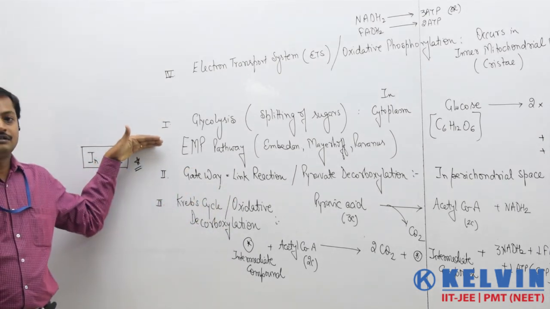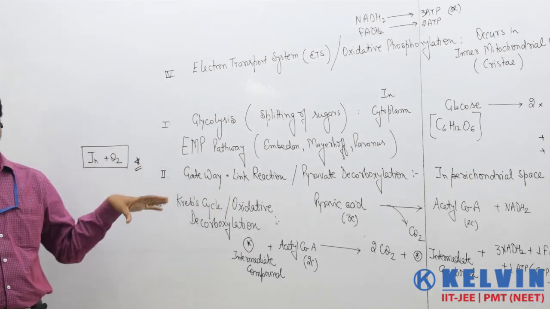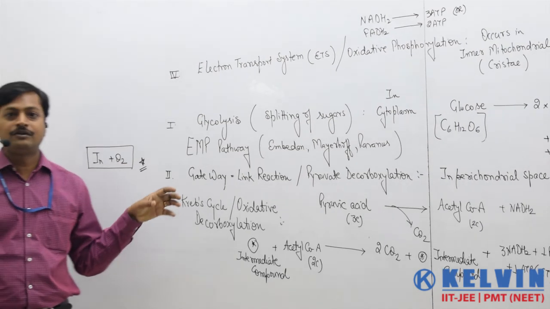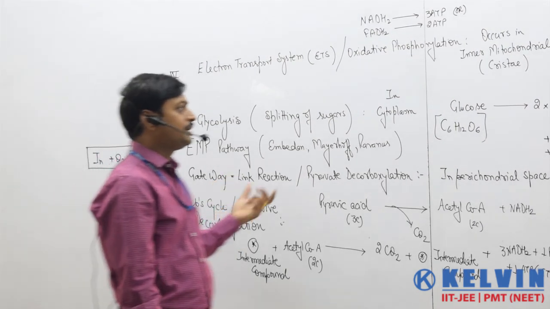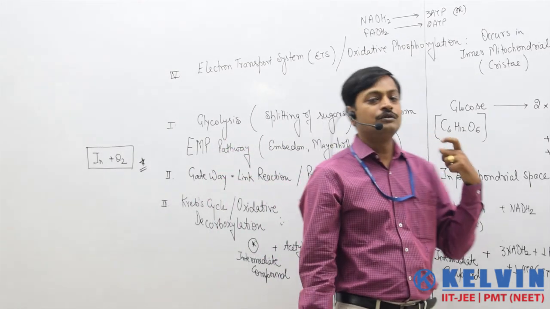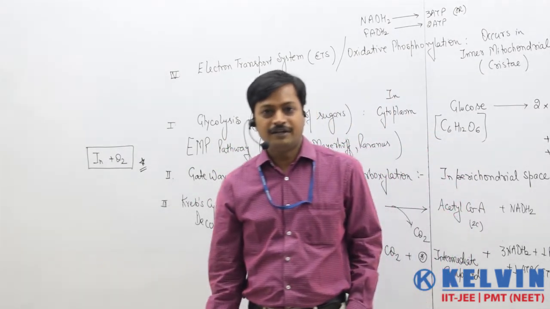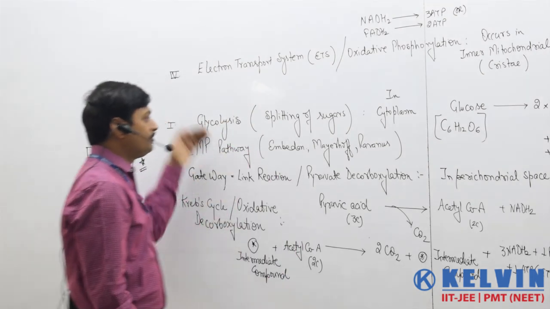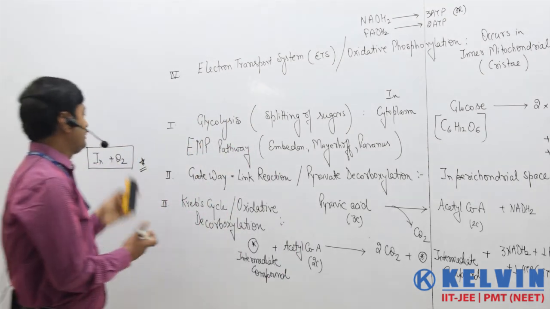The first reaction, that is glycolysis, is common for both aerobic as well as anaerobic, but the second, third and fourth reactions will happen only in the presence of oxygen, and so we have finally from one glucose molecule 36 or 38 ATP formed during aerobic respiration. Clear? So if we sum up these reactions, it will be written as